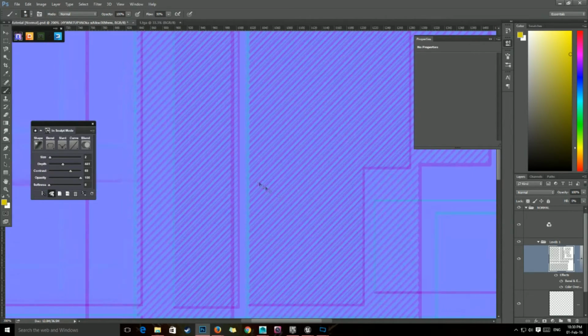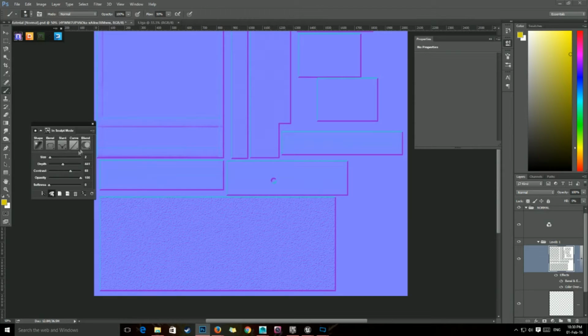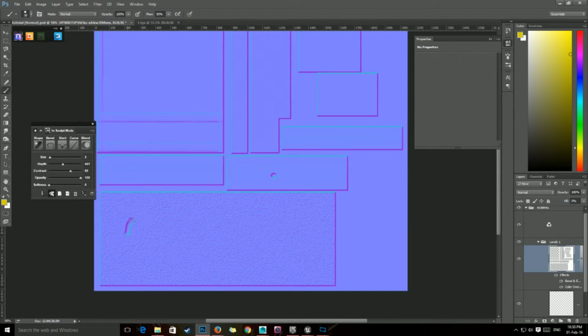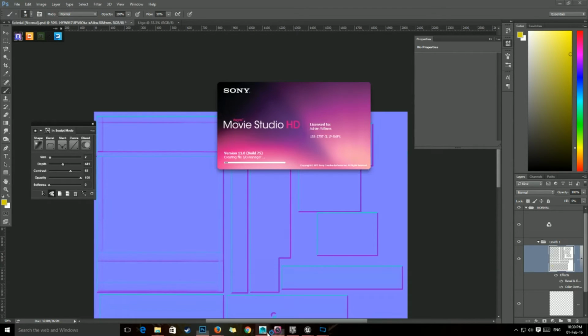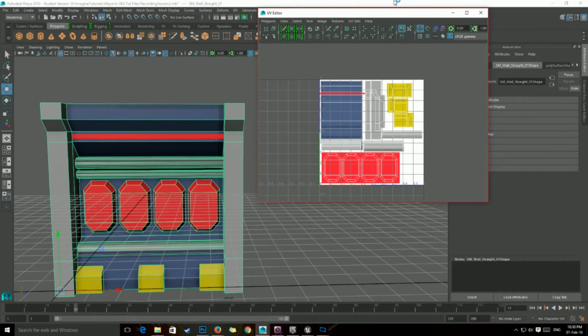You've got this here again, as much detail as you want. You could add names, you could add anything you want, but that is what I use for normal maps. There are all other different variations on normal maps, such as, oops, I just opened Movie Studio, such as the